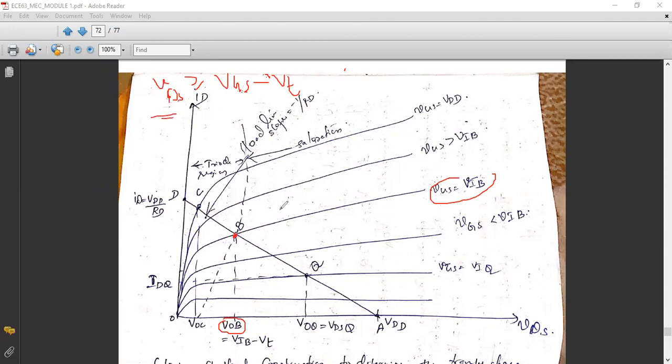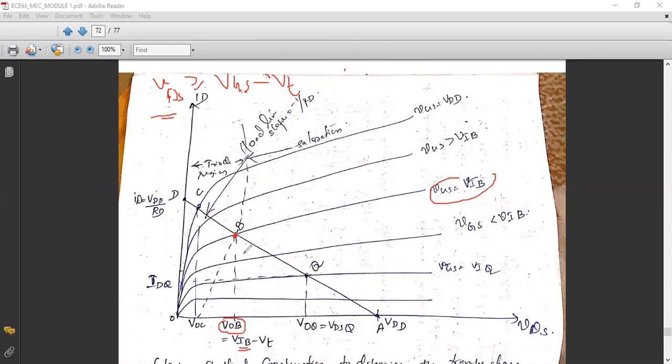As I have considered this curve and corresponding to this point B, I should indicate our VDS as V naught B. I should indicate the voltage corresponding to point B as V naught B. Understood? That V naught B is nothing but the minimum condition VDS equal to VGS minus VT. What is VGS? VGS is equivalent to VI, but instead of writing VI, I will write VIB because it is corresponding to point B. VIB minus VT. VT is constant throughout. That is the threshold voltage of this particular MOSFET.